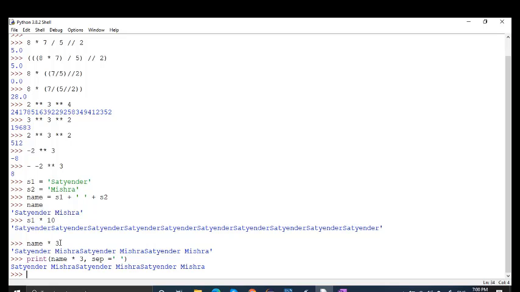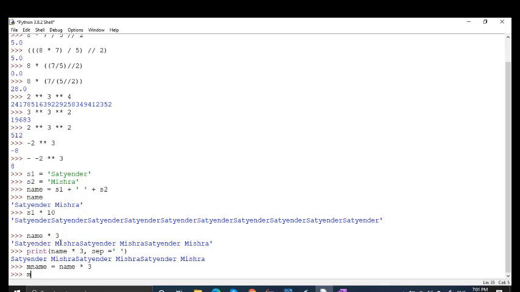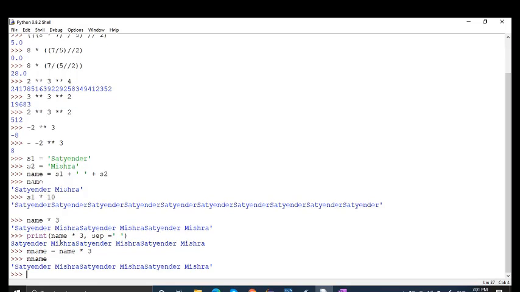Because what it will do now is concatenate the content one by one. And you can store this. Say I'm writing here m name equals name multiply by 3, it will store the result into m name. If I write m name, you can see the result here.